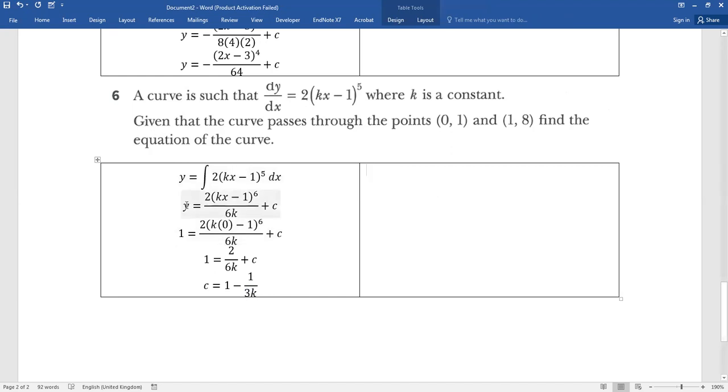Again, if I plug in the next point, which is (1, 8), 8 is equal to 2 bracket k minus 1 to the power 6 over 6k, and then plus, in place of c, if I write 1 minus 1 over